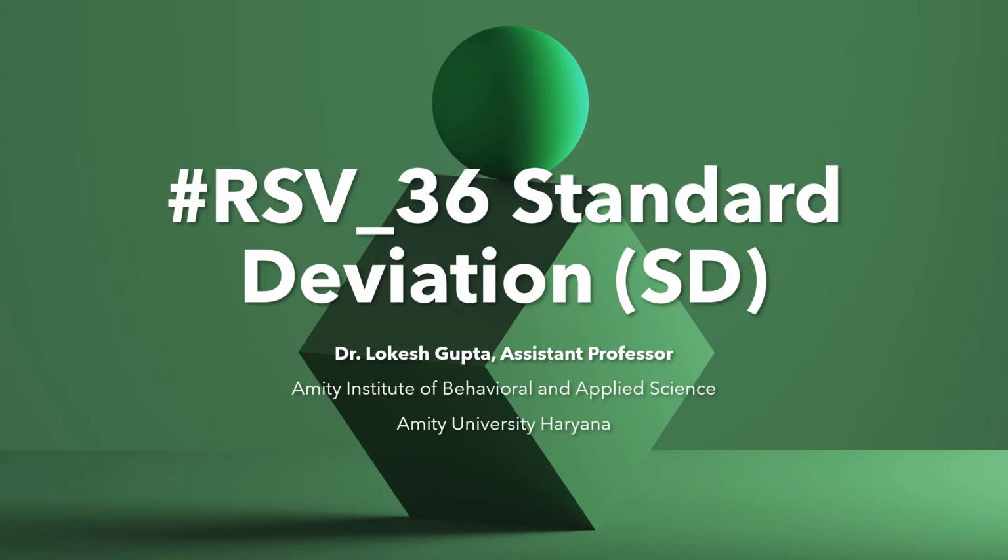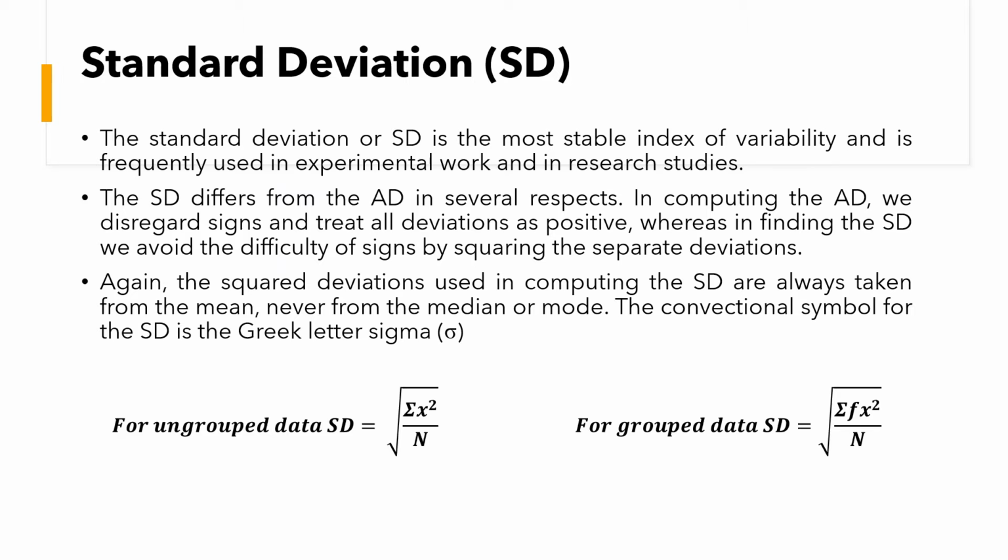Today we are talking about the standard deviation. Standard deviation is the most stable index of variability. If we say variability or dispersion, both are the same thing. There are a lot of measures of variation,